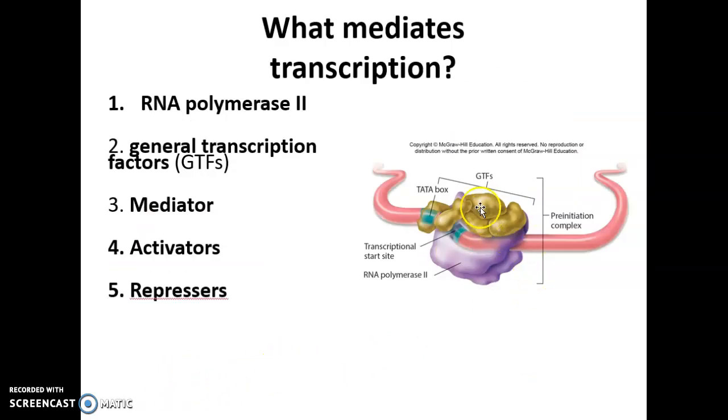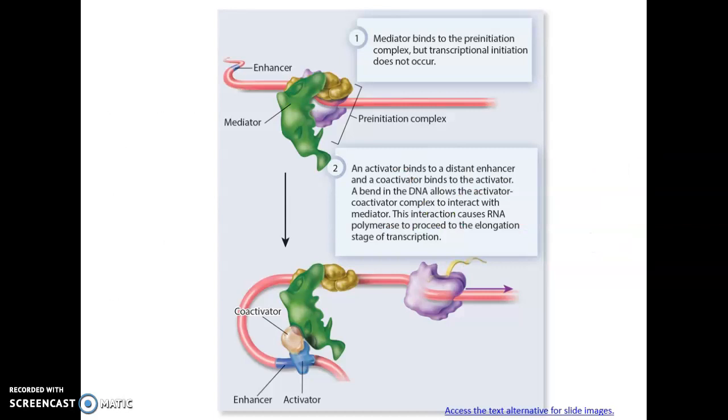We mentioned in previous lectures that we have general transcription factors. Those general transcription factors in yellow here find the promoter. Then remember the TATA box is part of the promoter. Then they call in the RNA polymerase. But we're also going to see that we have some other molecules as well. We have these